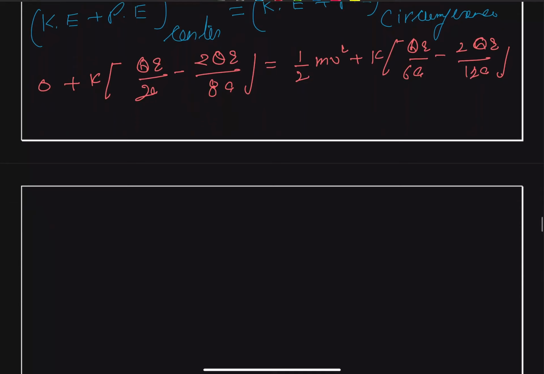Therefore we can say that our half mv square